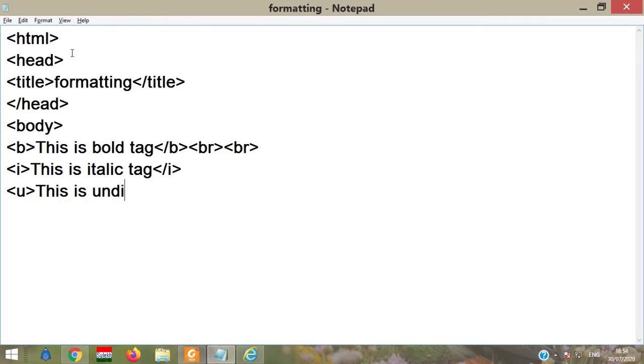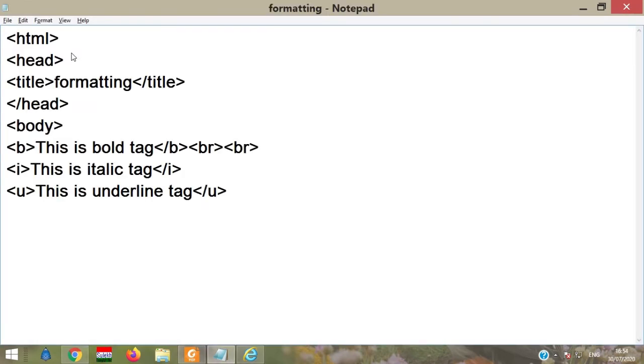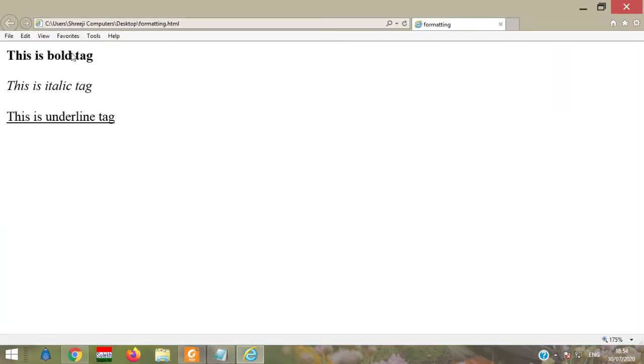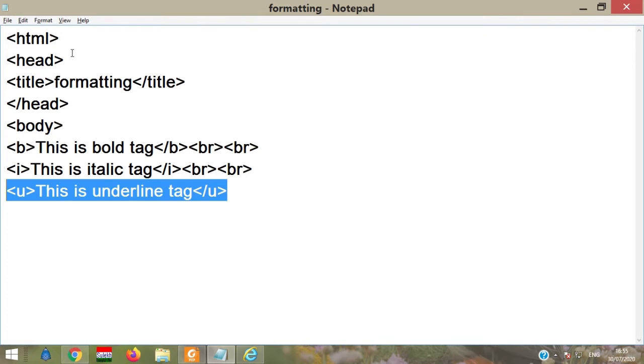This is the underline tag, and then close U. What will happen? The next line will continue the text. So if you want to write text on the next line, then use the BR tag. Here B is for bold tag, I for italic tag, and U for underline tag.